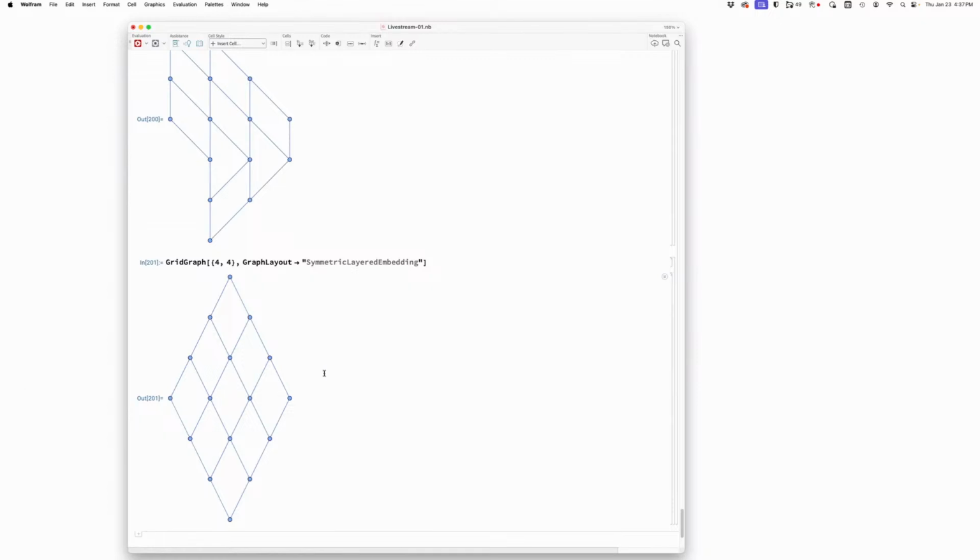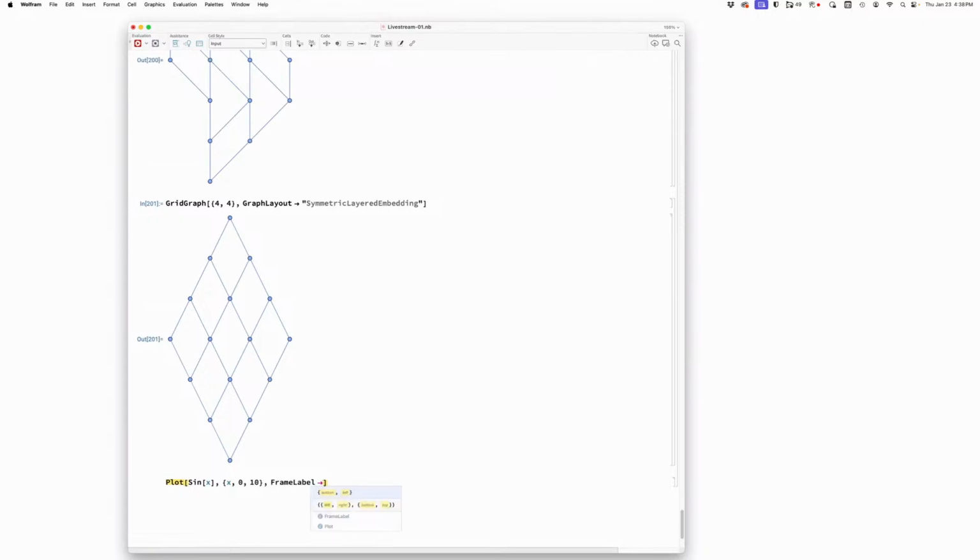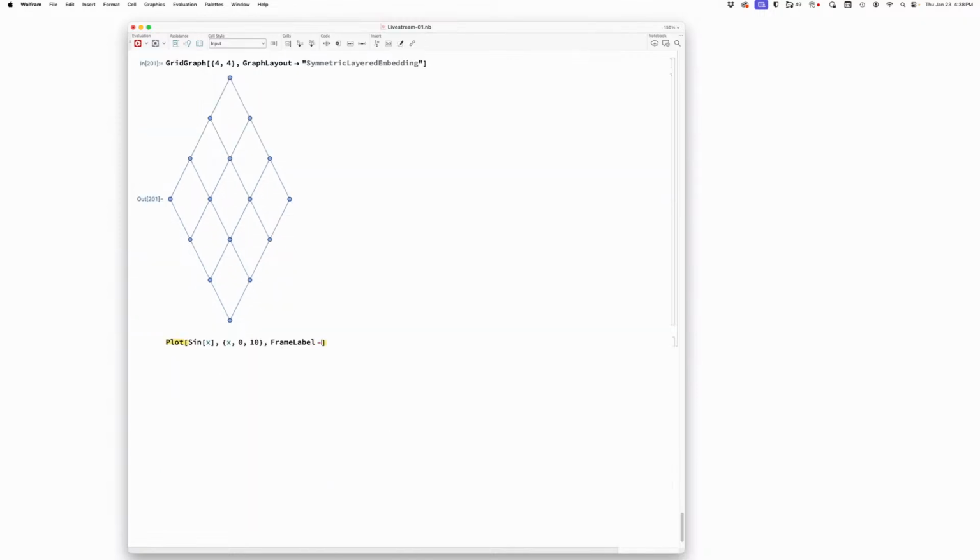Okay, let's talk about user interface kinds of tune-ups. So let's say I say plot sine x, and we see all the syntax coloring going on as I type. And now I type frame label, and I can never remember what the settings for the frame label option are. But now, look at that. We get a little autocomplete there. Oops, the autocomplete goes away if I try and scroll it. We get a little autocomplete there that now has prompting that says, okay, bottom left. All right, we fill that in. Now we can type in,